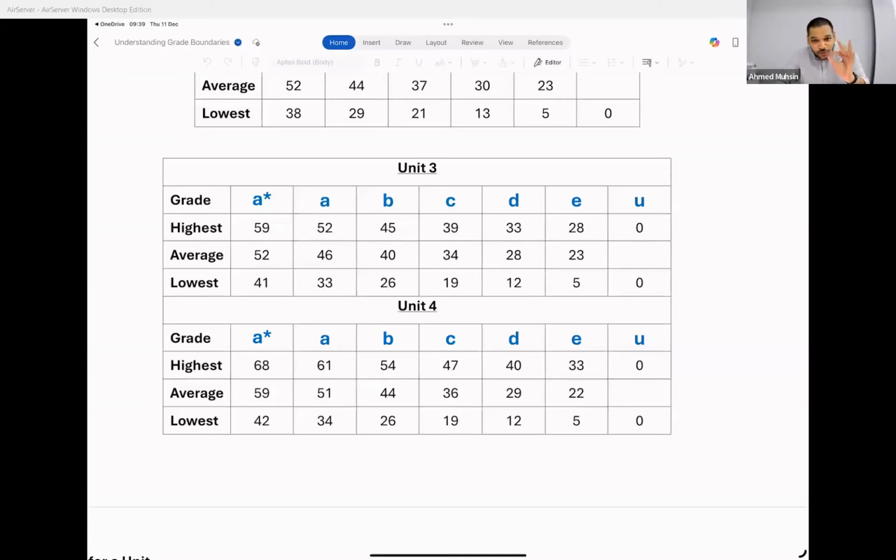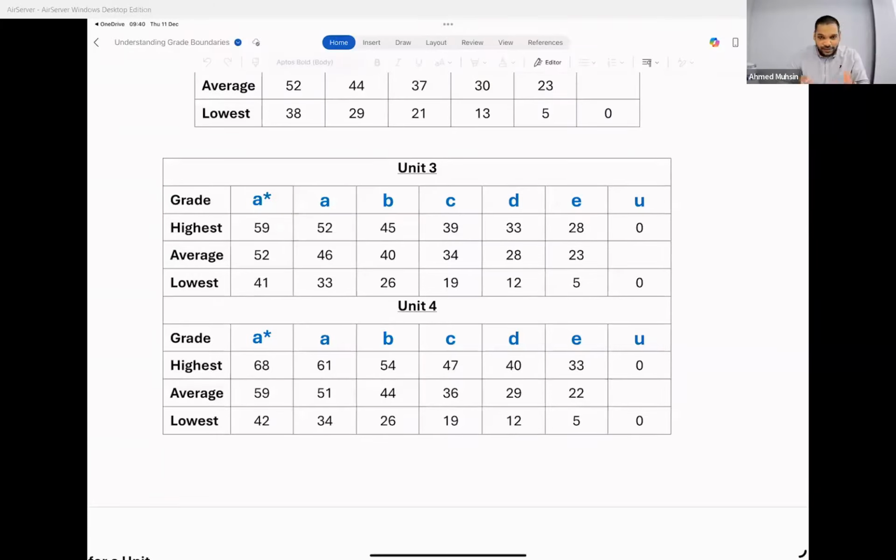You can lose 21 marks and still score an A star. Decent deal, right? That's a pretty good deal. How many 12 markers do we have? We have 1 12 marker. You can get that 12 marker entirely wrong. You could have not even done it. You could have completely left it and you would have still ended up with an A star.